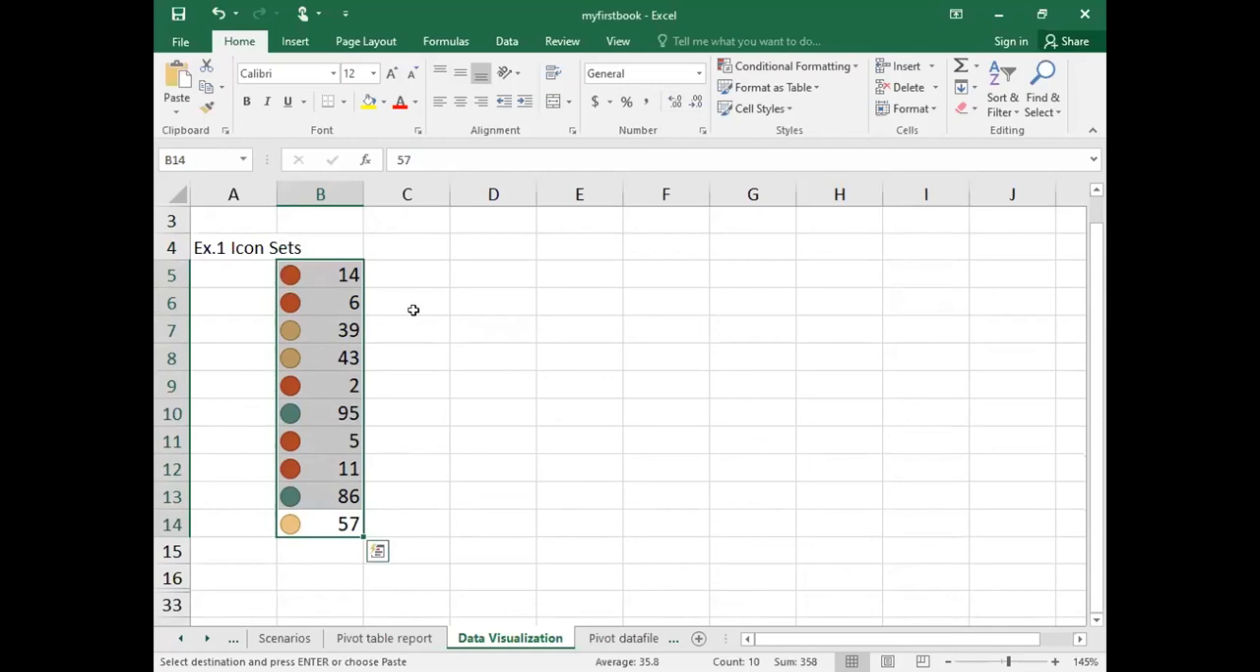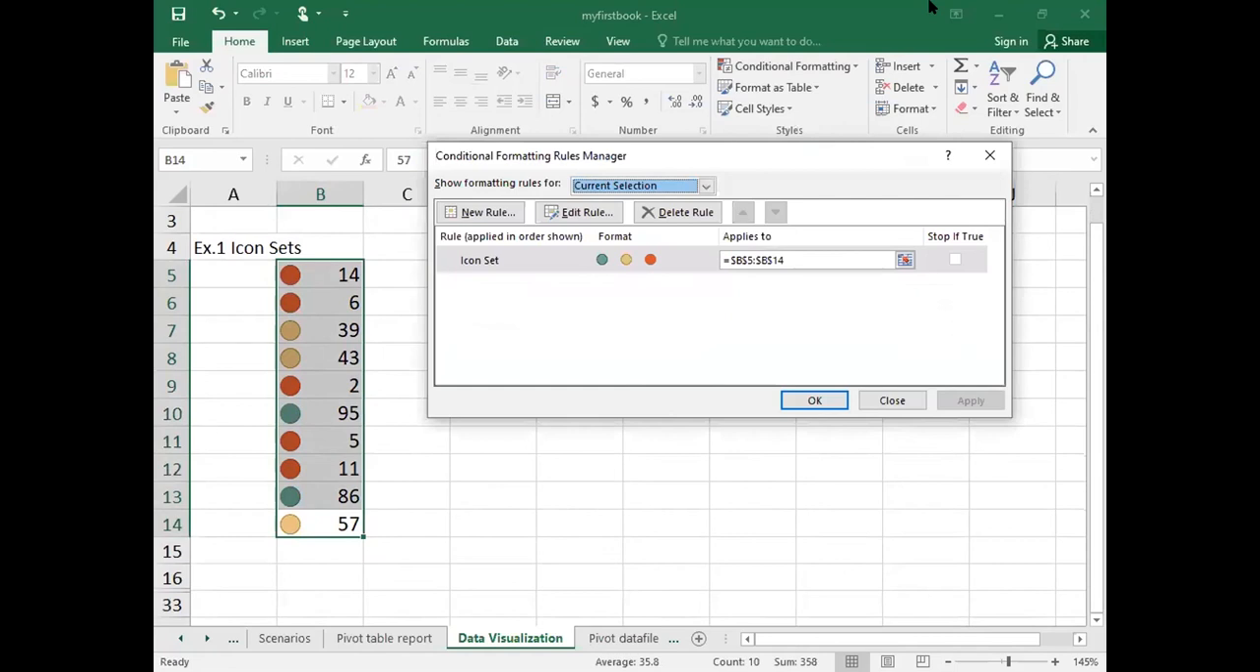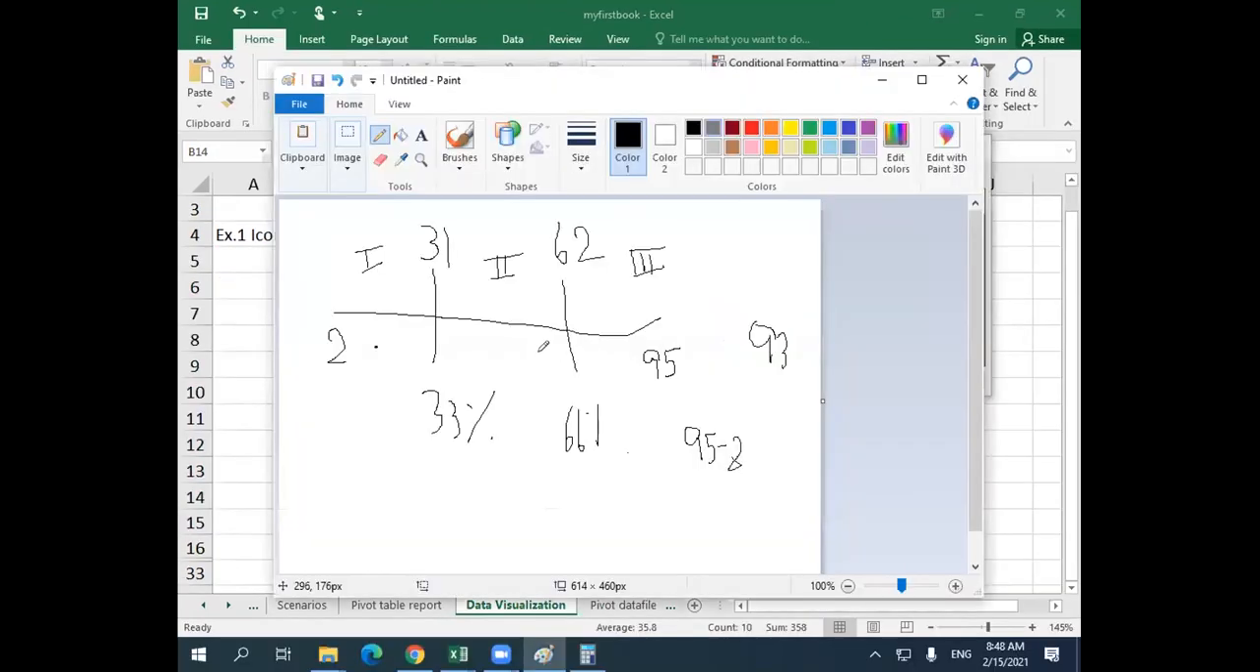So if we would like to edit this icon set, the things that we have to do is that we go to Home, Conditional Formatting, and Manage Rules. So if our intention is to reverse the color, or set the color according to our need. So right now the things that Excel does for us is that it shows everything according to this range